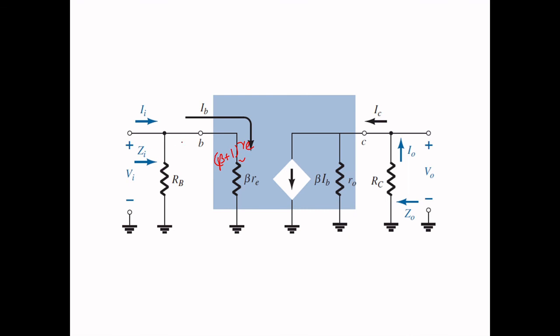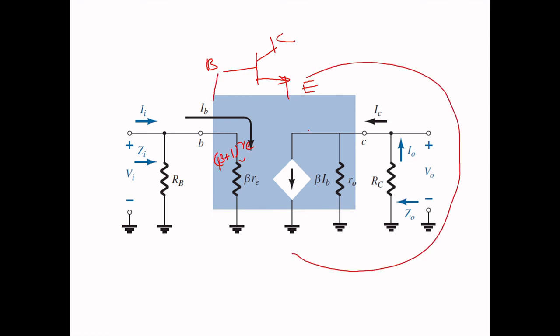Other than that, I have connected this external element, you can see. Whatever is shaded, everything is the transistor mathematical modeling, not externally connected. So this is the base, this is the emitter and this is the collector. It's a complete mathematical modeling. And this is the external connected resistance.